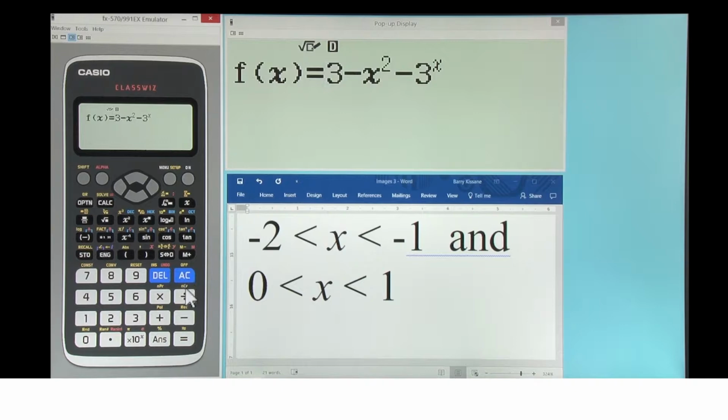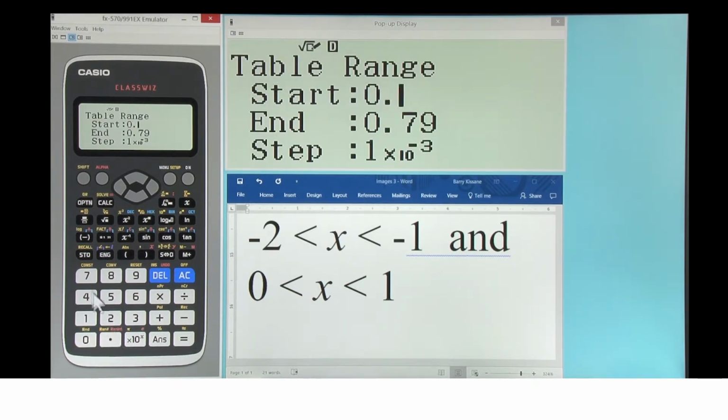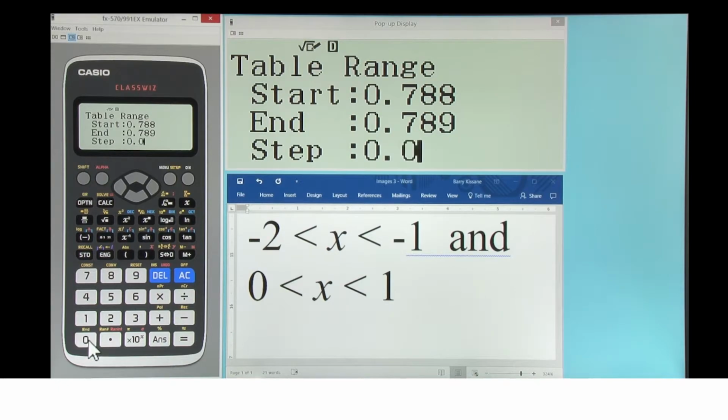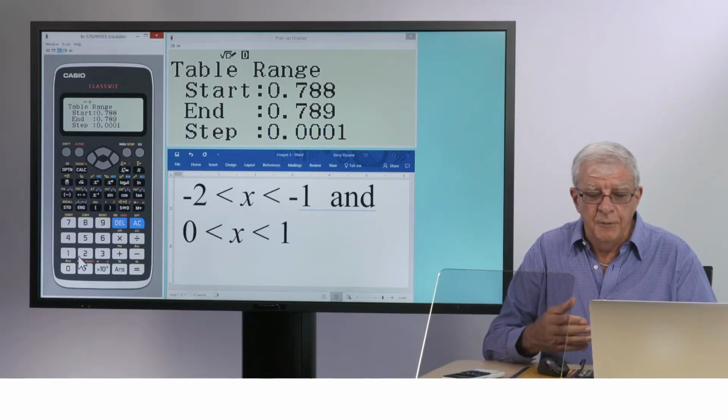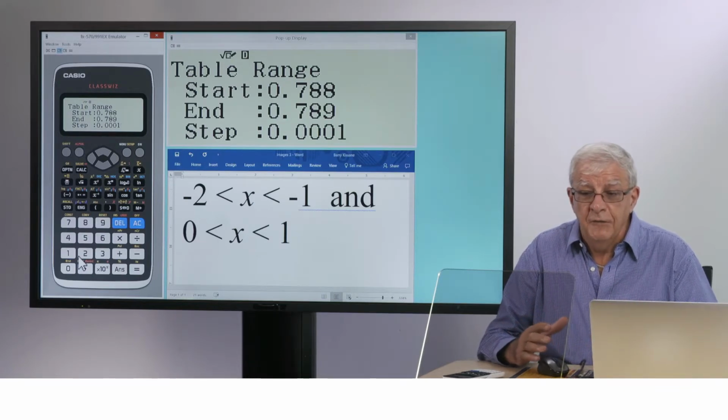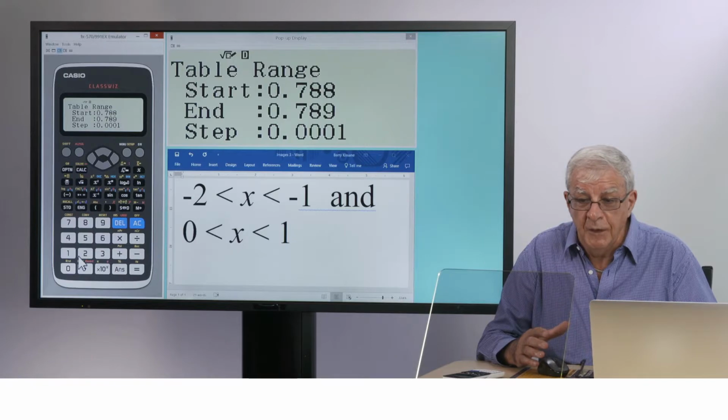Tap clear again, in the same procedure, equals and equals, 0.788 and 0.789. And the change this time is 0.0001. Students have to think about these numbers to see how they change, and of course they're learning about the decimal number system as they're doing that.